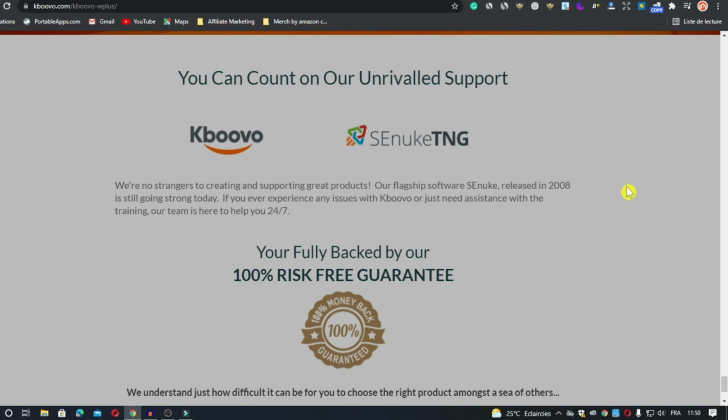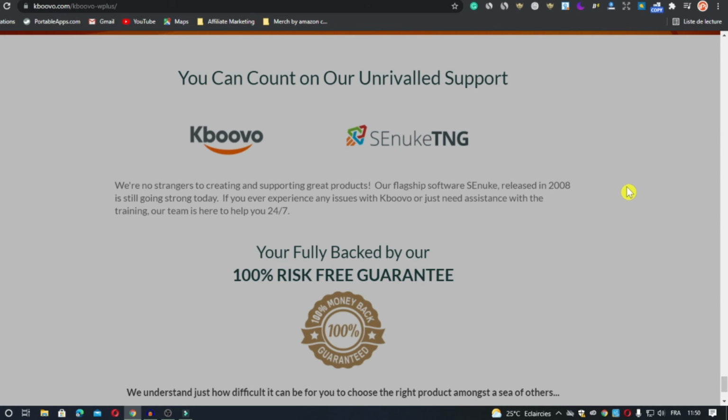So for my opinion, this is a real solution for real people with real proof. I have not found it worthless. It is a legit product for affiliate marketers who are serious about achieving 7 figures income a month. Kboovo hybrid affiliate marketing engine does it all for you. You will be able to make money from your passion easier than ever before.